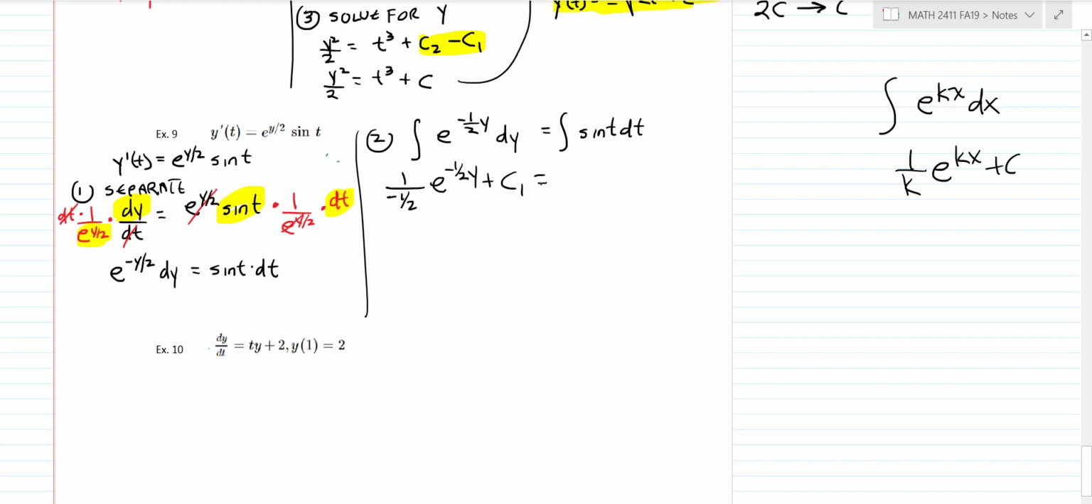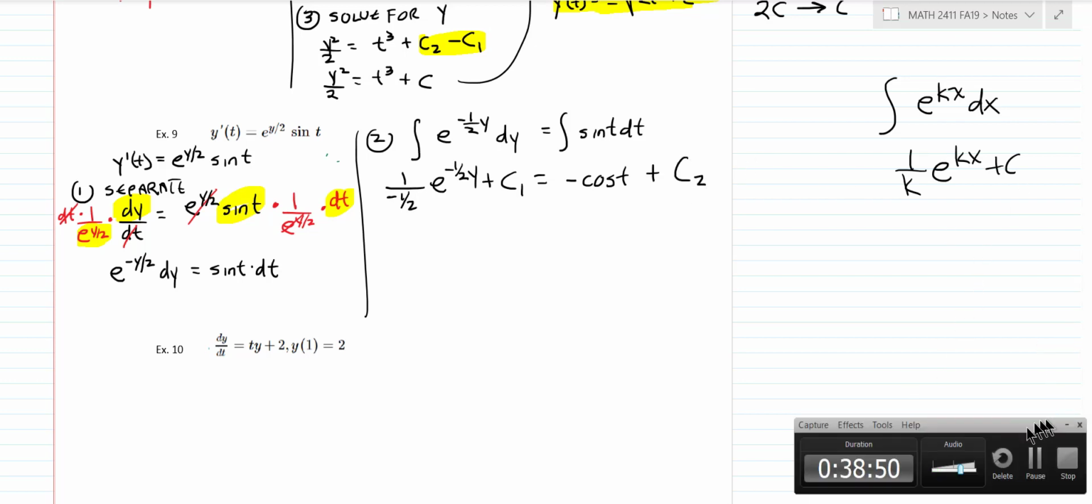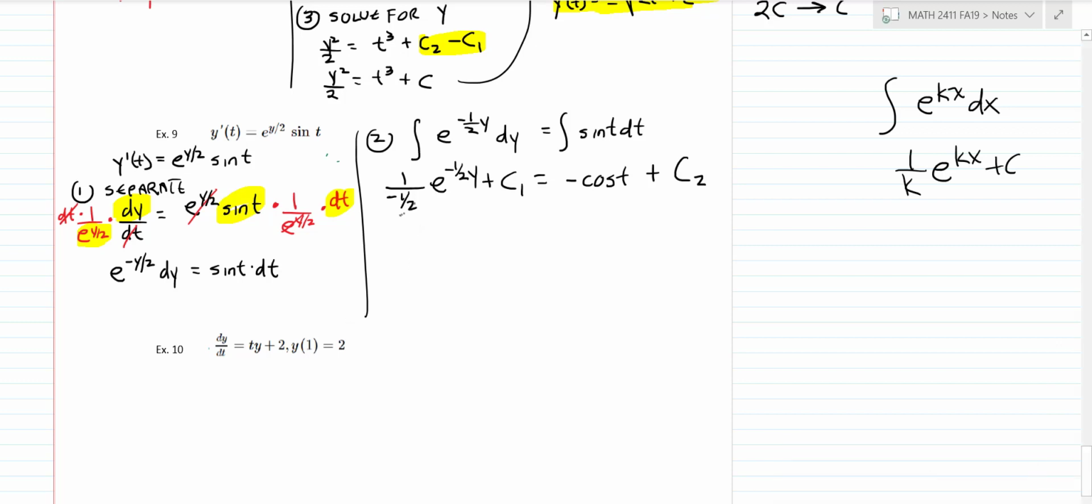Okay, and then of course you can simplify the complex fraction. And then we know that the integral of the sine of t is negative cosine t. Then I'll put a plus c2 there like that. So you want to get both sides integrated. Okay, so let's just simplify this. This will be negative 2 e to the negative 1/2 y plus c1 is equal to negative cosine t plus